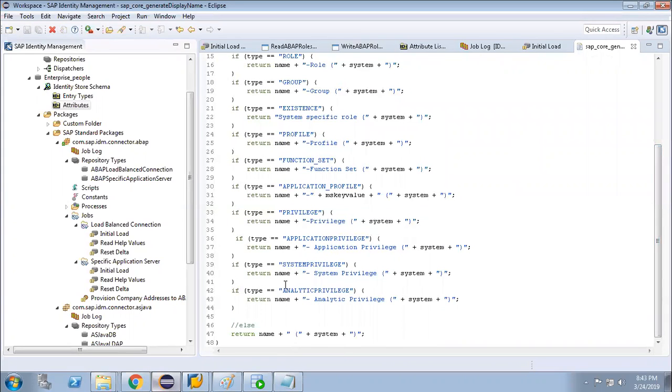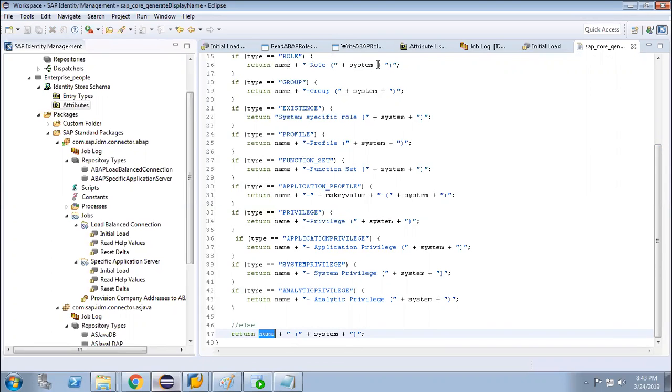definitely the final output is returned as the name plus the system. If it is a user, it is the name of the user; if it is a role, the name is the role name plus hyphen ROLE, in brackets the system ID.